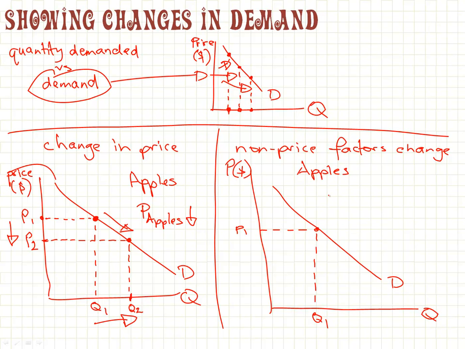Now let's imagine we've gone from winter to summer, when everyone starts eating a lot more fruit. As you'd imagine, demand for apples is going to go up. Now the price hasn't changed, so we don't shift the price, we don't move along the curve. What we do is we stay at this point, and what we show is the whole demand curve shifting along,